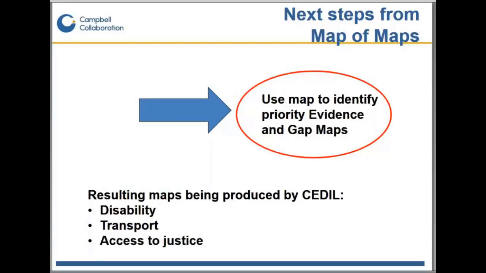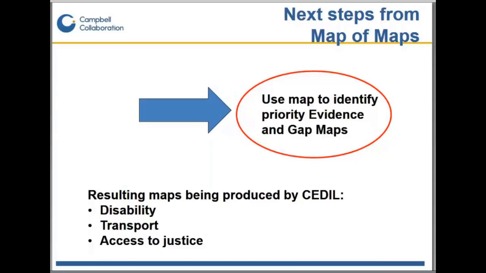CEDL is the Centre for Excellence in Development, Impact and Learning. You can Google it and find it, which is a consortium involving 3IE and Campbell amongst others. And so 3IE made the map of maps published by CEDL, and the UK Department for International Development, DFID, is financing CEDL, used the map to identify 3 areas, of which the disability